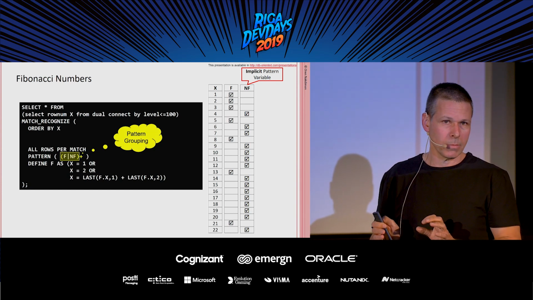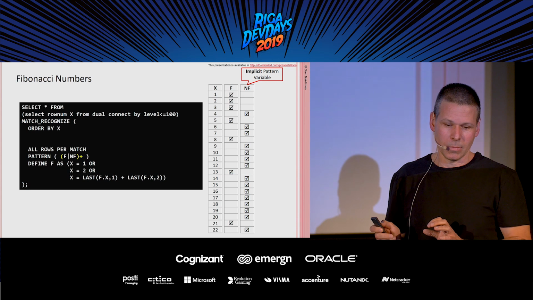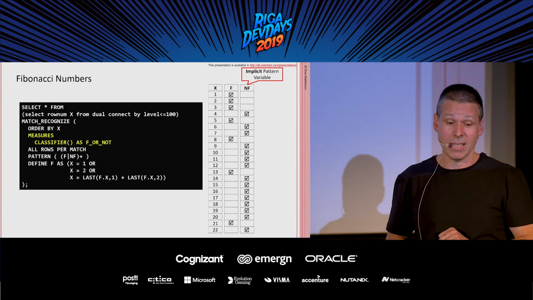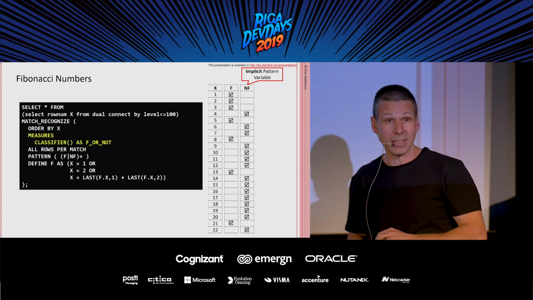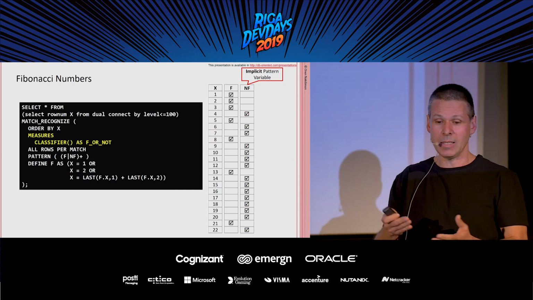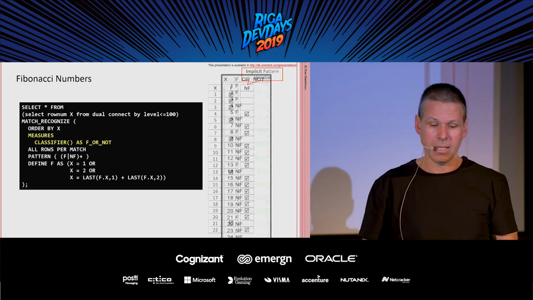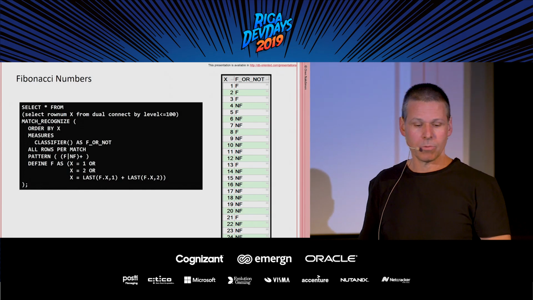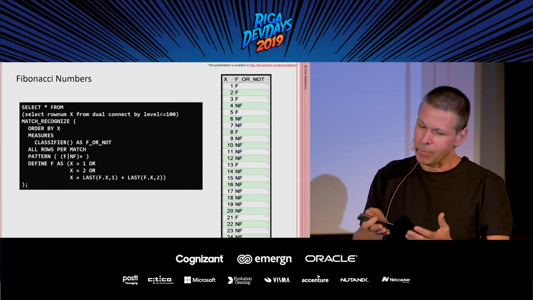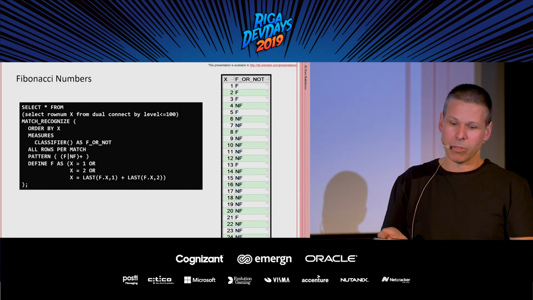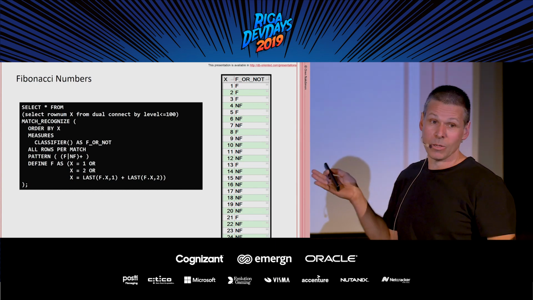Okay? I take it as a yes. Let's add also the classifier so we can see in the match which is F and which is NF, and we got the result. But I'm still not happy because I got all the numbers and I wanted only the